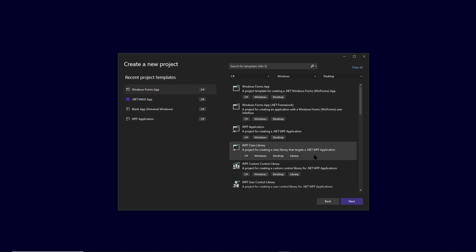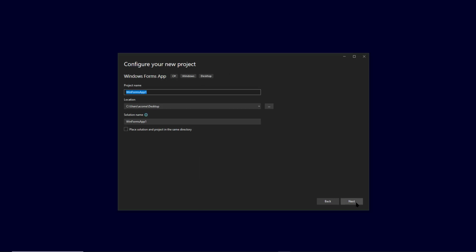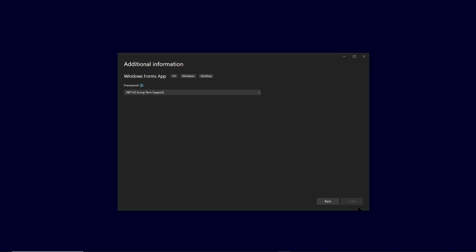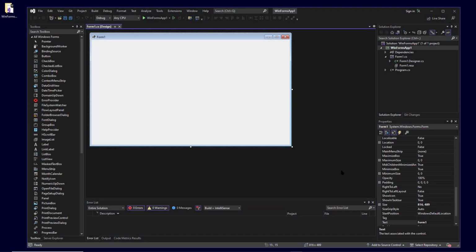I'm just going to start a basic Windows Forms app. It's in C#, Windows, Desktop, and click Next, and just accept the defaults here, .NET 6. So we have a basic Windows Forms app with Form 1, just a single form, the default here, and I'm